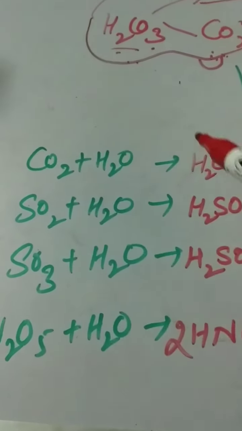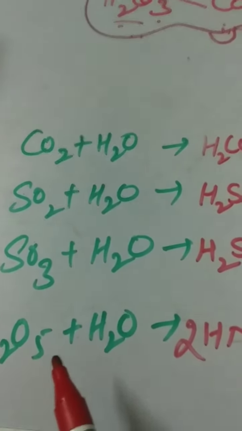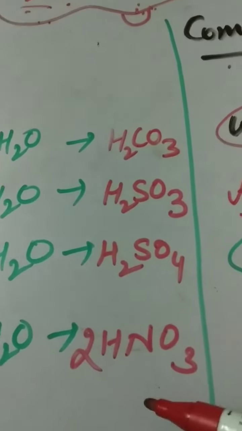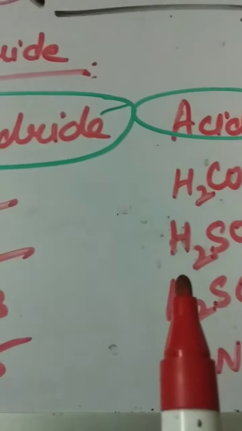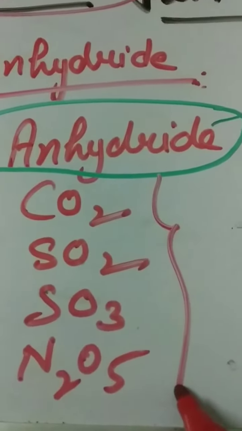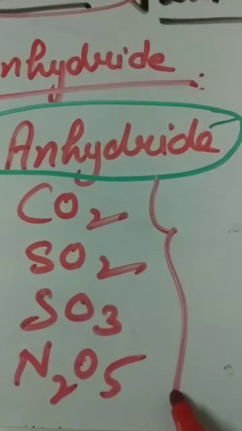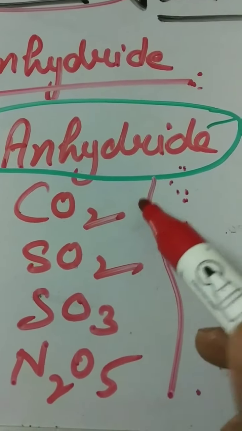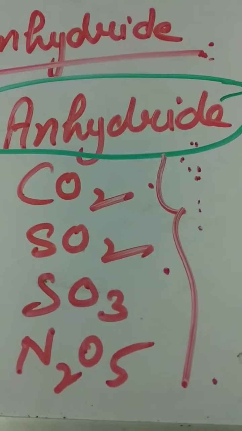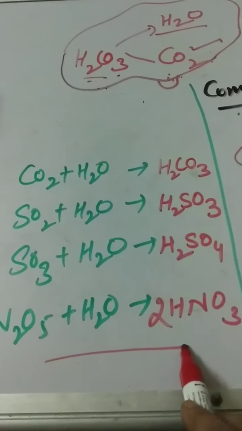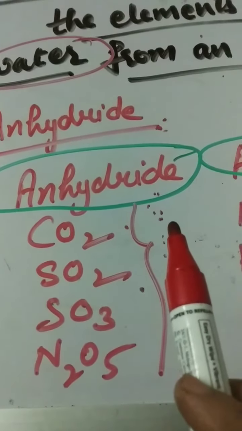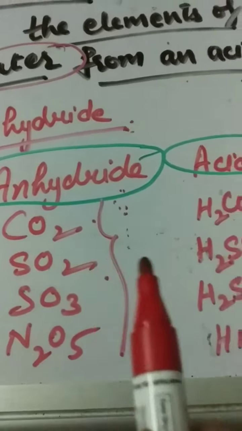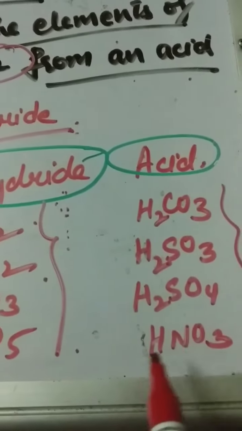When you go through these reactions of non-metal oxides with water, acid formations are there. And when from these acids we remove water, which sort of compound will we get? We call that sort of compound an acid anhydride, like carbon dioxide, sulfur trioxide, dinitrogen pentaoxide. Then you can reverse it. You will find oxides are acid anhydrides when we remove water from the acid.